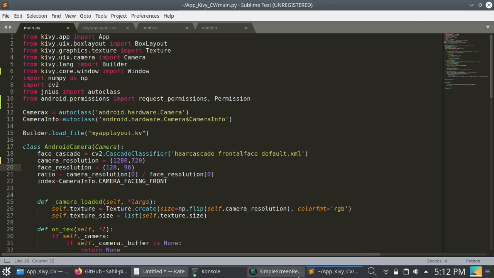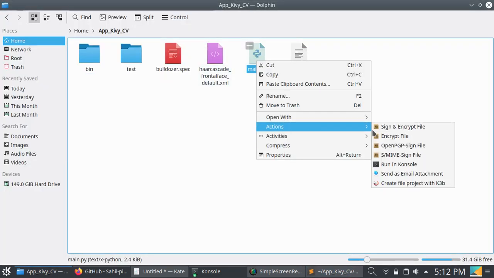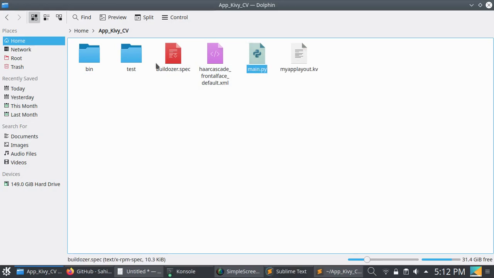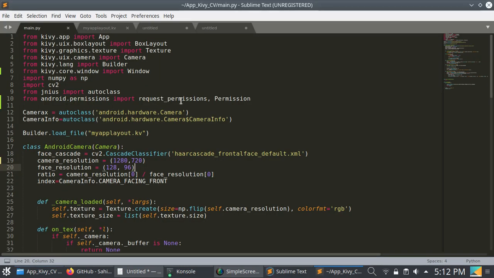Now open main.py with Sublime or any other text editor. I have made some modifications here. What type of modification have I done? I have written a piece of code to get permission from the user.